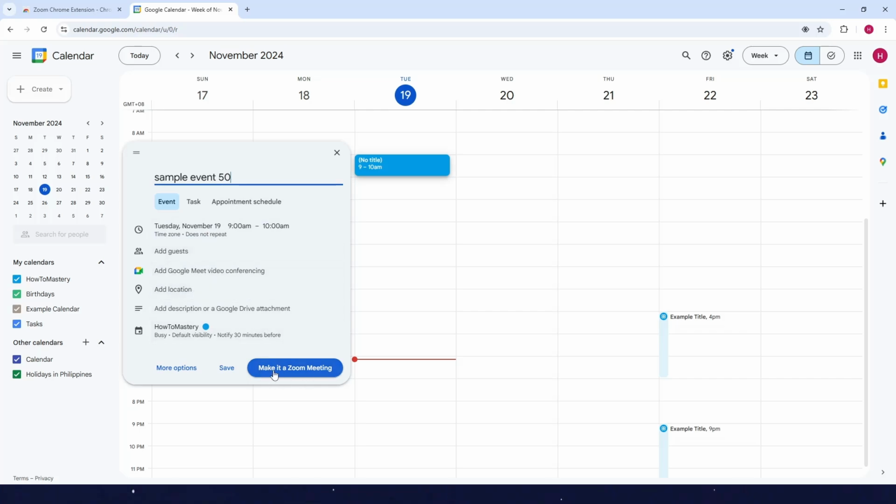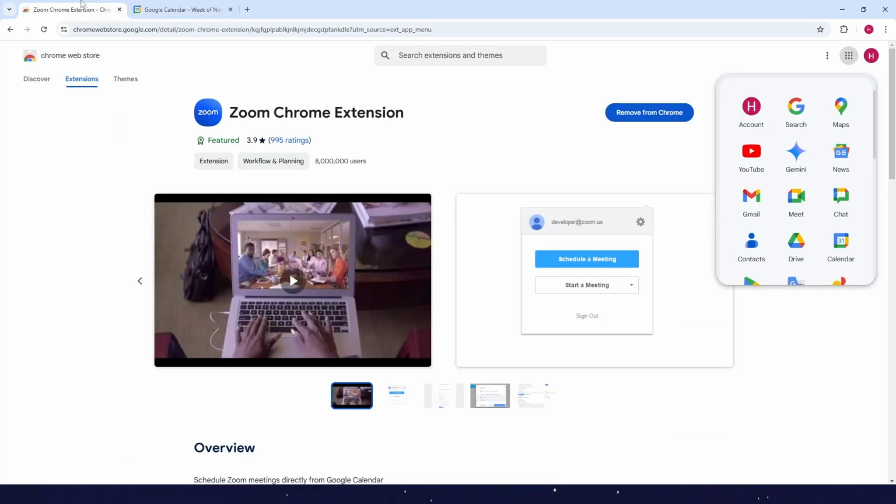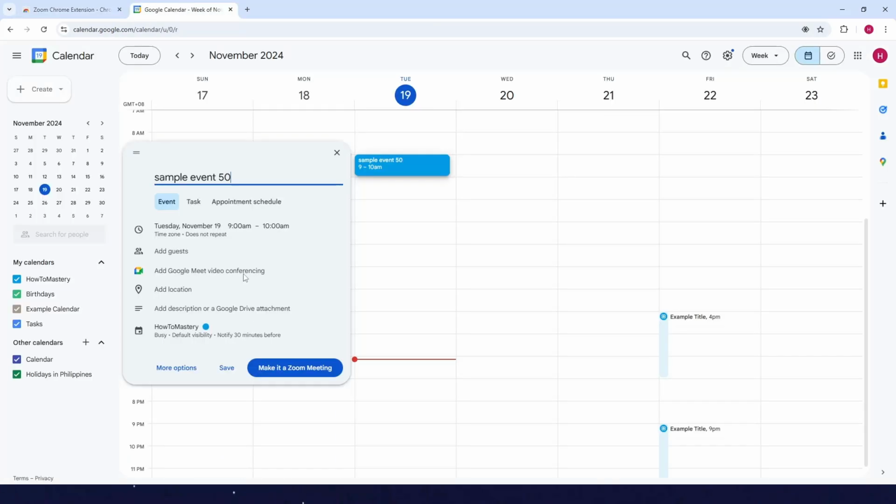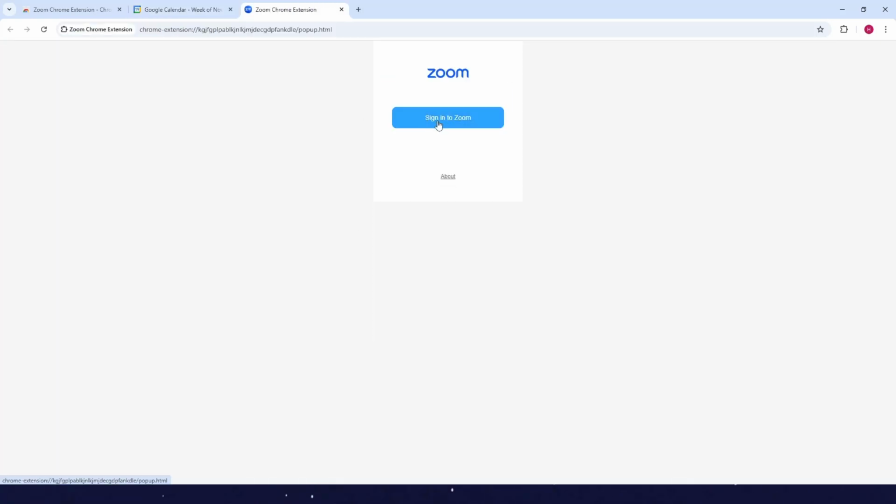and then just click on make it a Zoom meeting. As you can see, after you added this extension, you will be able to create a Zoom meeting. So just click on make it a Zoom meeting, then just click on sign into Zoom,